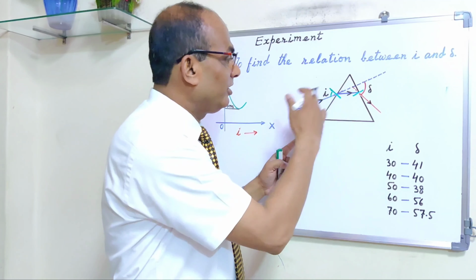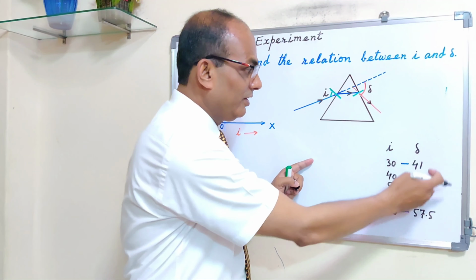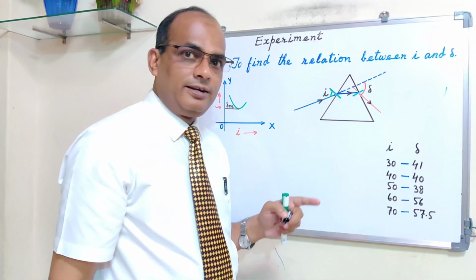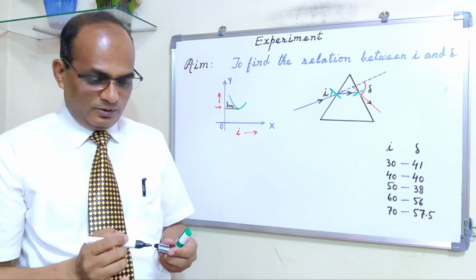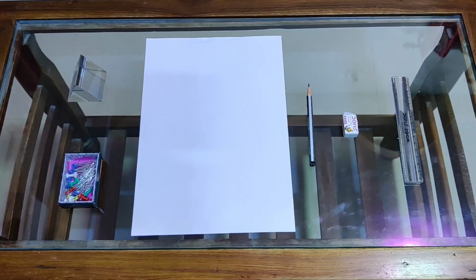How are we taking different values of I, 30, 40, etc., and then how we are getting the values of delta. Okay, so let's see the experiment, the practical. Okay, let's start the practical. Aim: to find the relation between the angle of incidence I and the angle of deviation delta. Apparatus required: